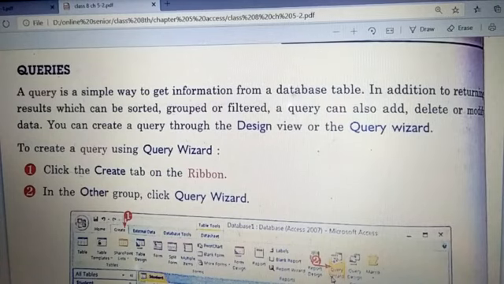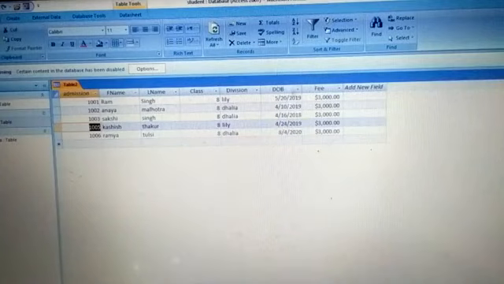Like here, children, for example, right now we are using this table and we have only 5 records here. So imagine if there are thousands and thousands of records, like a school record. There are so many students and all those records are kept in a table. So it would be very difficult for a person to find what you want, right?